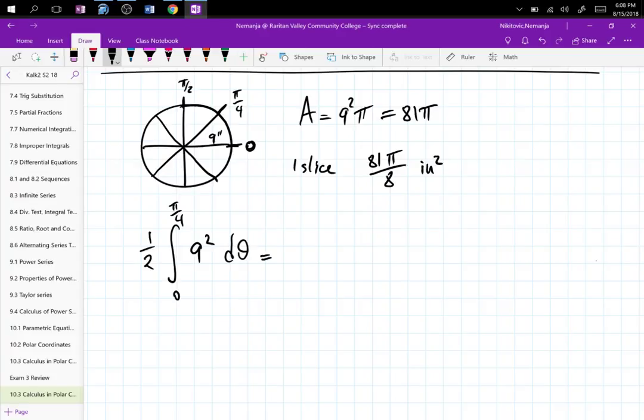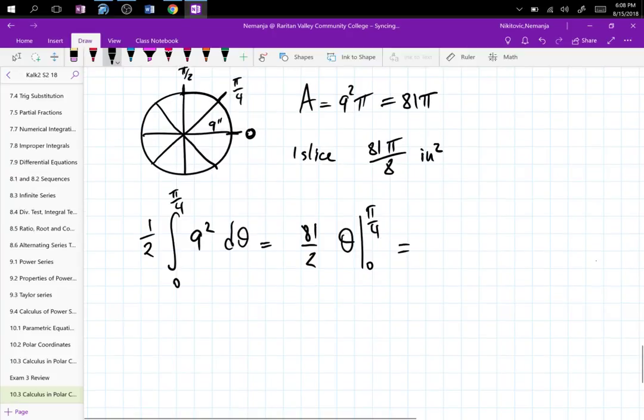Guys, we better get 81 over 8 pi, otherwise math is broken. So this is 81 over 2 on the outside. Integrate 1 to get theta from 0 to pi over 4. When you plug in pi over 4, you get 81 over 8 pi inches squared, and all of the confusion is